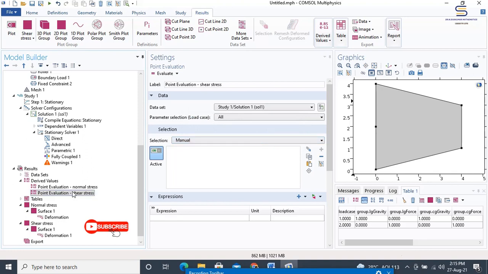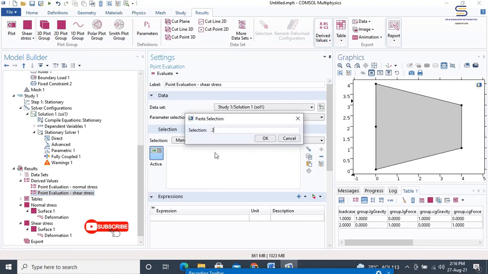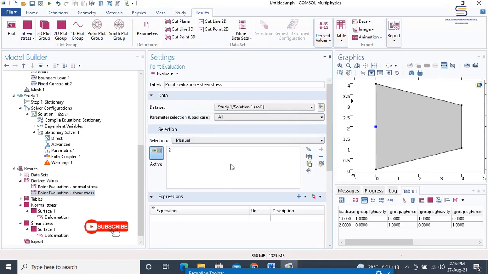Now select the shear stress. In that, go to point 2 only. That is, again, let us select point 2. Now change the expression with the replace expressions.